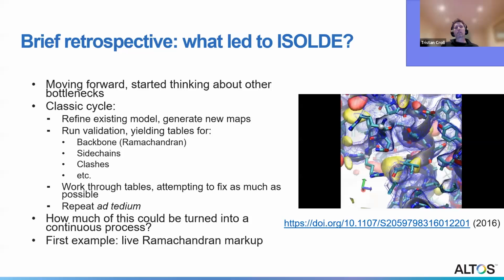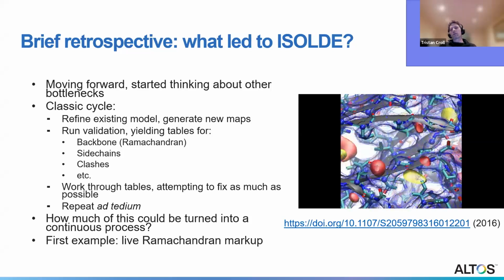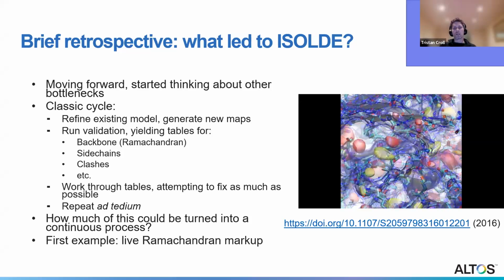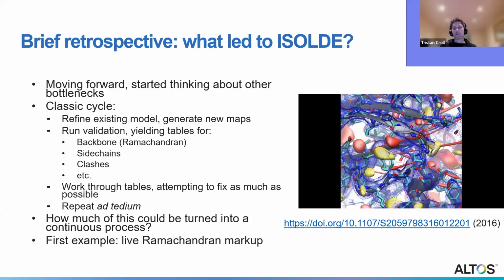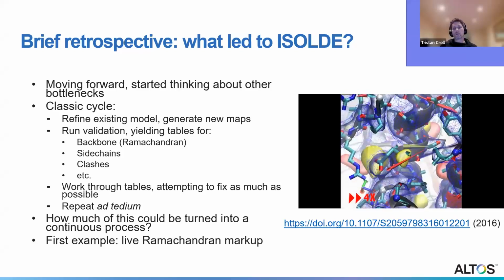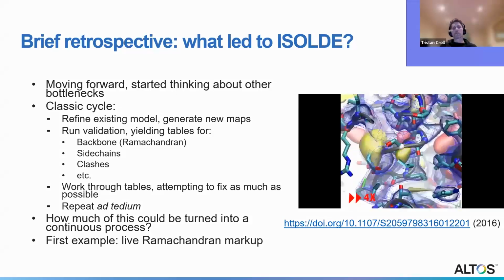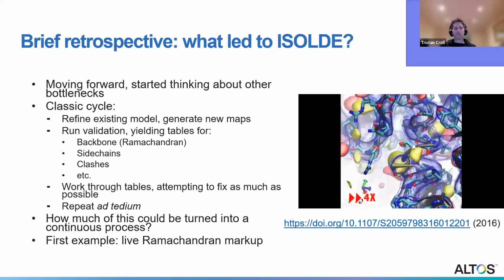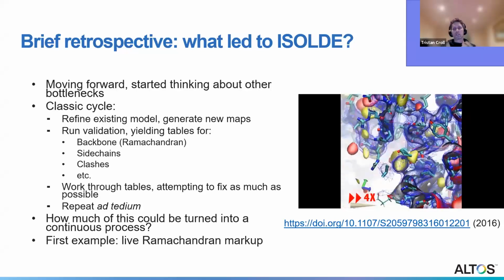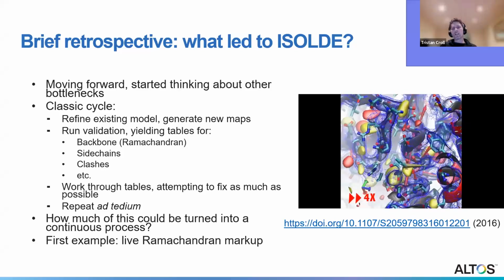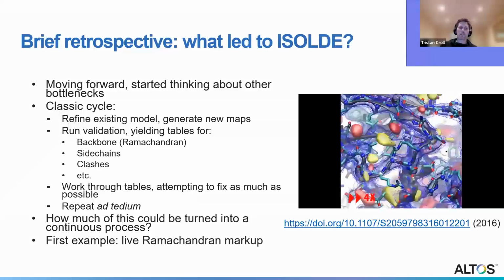And moving on from there, I started thinking about, well, what are the other bottlenecks really holding things back? And you think about the classic cycle of modeling into experimental maps that has been developed over decades. Essentially, what you do, you take your existing model, whatever you have from, say, molecular replacement and whatever automated model building you've been able to do, you run a refinement of that, generate some new maps. Then you run a validation task, which will generate a bunch of tables of backbones, side chains,